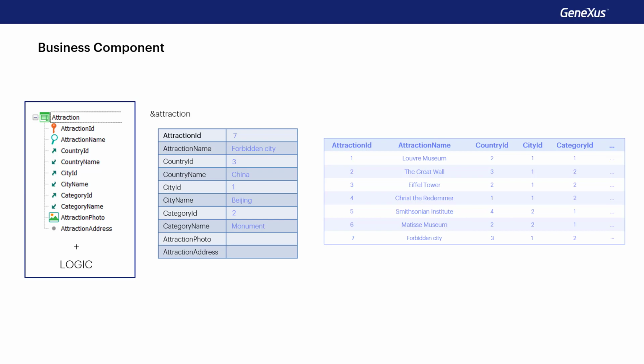Then, it'll be enough to define in almost any program a variable of that data type and manipulate it, which is what we'll see next. This variable, in its structure, will be handled similarly to an SDT, but it'll also offer methods for doing something specific to a transaction. Loading from the database, inserting, modifying, deleting. All of this by executing the logic of the transaction, and then obtaining the generated messages and the results of success or failure. The way to obtain that kind of data in the knowledge base is simply by turning on the business component property of the transaction.